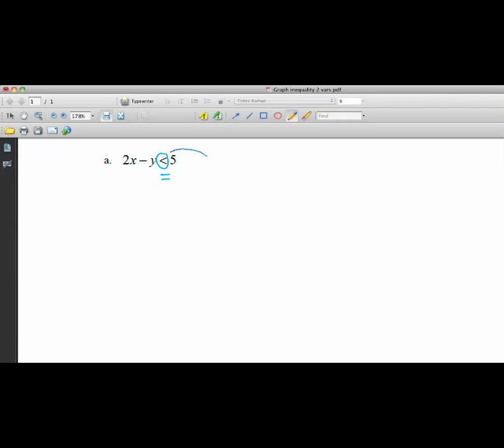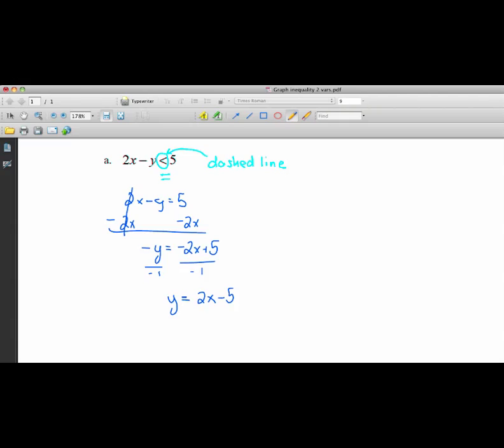However, because this is a strict inequality, a strictly less than instead of a less than or equal to, we are going to draw a dashed line. So we're going to graph the line 2x minus y equals 5. To do this, we should start by solving it for y and putting it in slope-intercept form. I get y equals 2x minus 5 after solving for y, which means that we have a slope of 2,